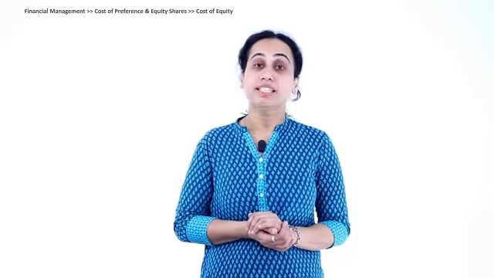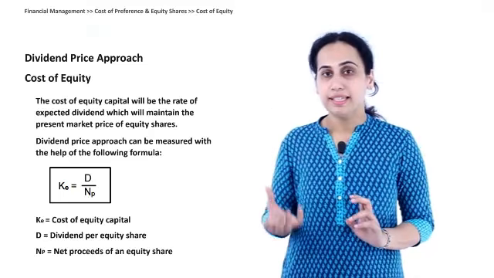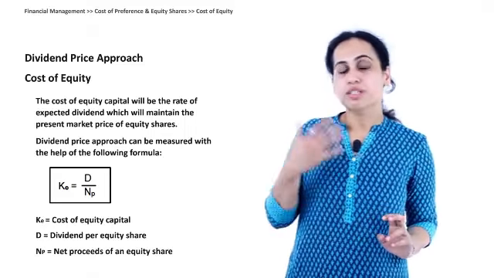How do you find cost of debentures? Interest divided by principal. How do you find cost of preference? Dividend divided by principal amount. Similarly, how do you find the return for an equity shareholder? For equity shareholder, it will be dividend divided by net proceeds or market price. Right? Now, why net proceeds or market price?